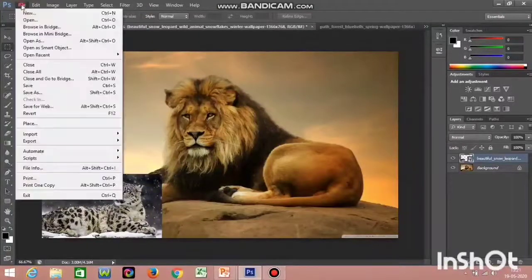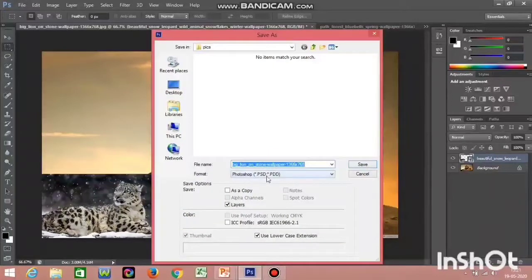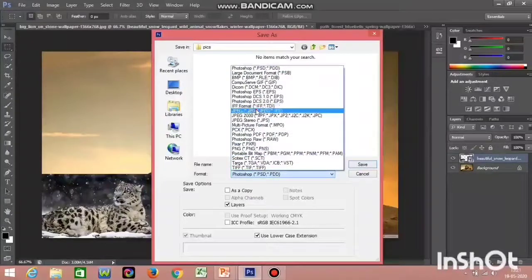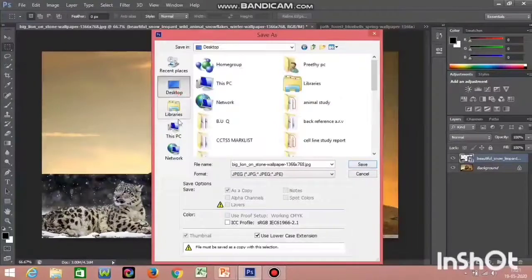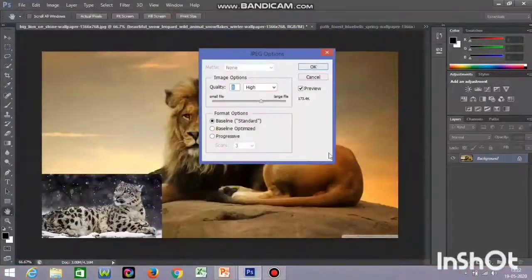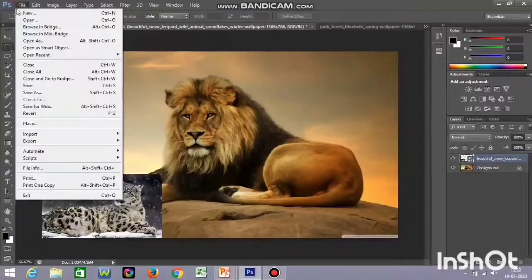Okay, I'll just go to File, Save As first. As I told you earlier, it will be in PSD format. The image which you work on in Photoshop will always have the extension .psd. So if you want to change it, you have to click it and change the image format. So I've changed that into JPG format, and then let me save it on my desktop. It will ask you a few options, whether you want it to be standard or whatever it is. You will just click it with high and 8 quality. That's it. That is for File and Save As.